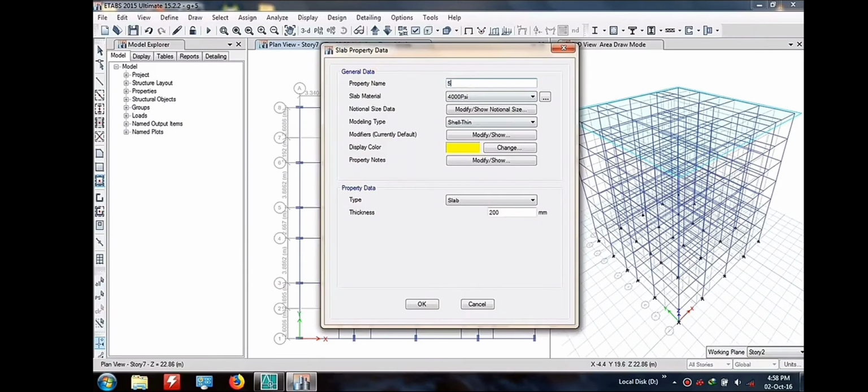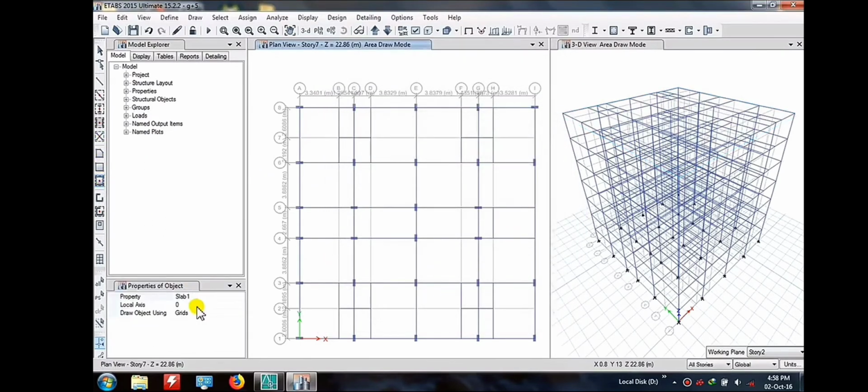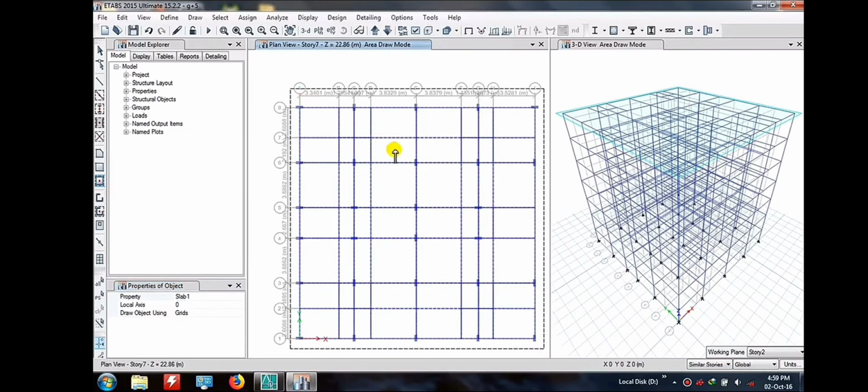So here I'm writing 5 inches slab, M25, and membrane, here I'm writing 5 inches. Okay, so here we have completed all our designing and defining part. And what you have to do, you have to select the similar story here. So I'm selecting the similar story and going to construct our slab.